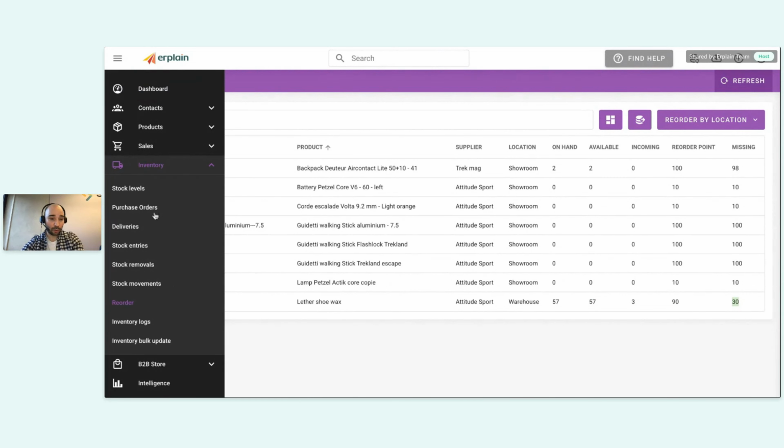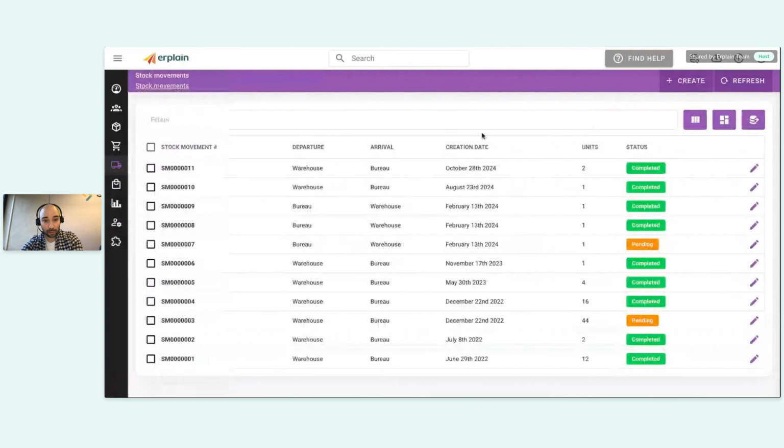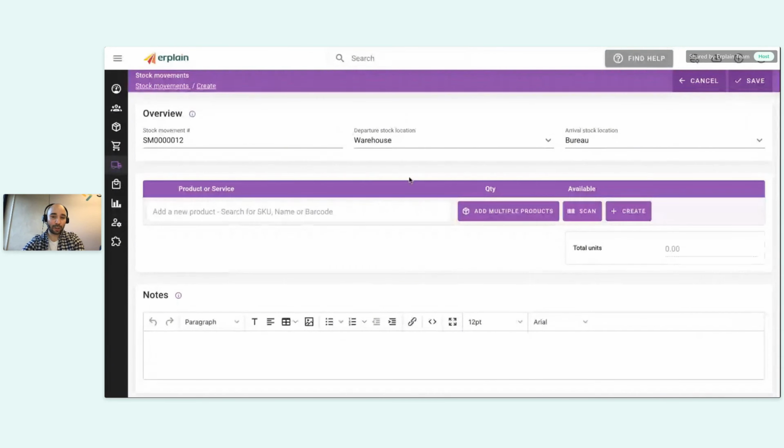I would create, for example, stock movements from your main location to the markdown location, and this will give you the possibility to track the value in markdown, because we have this,